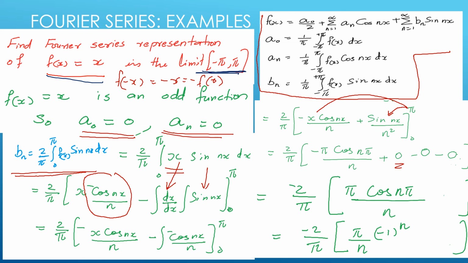Now substitute the lower limit. Let us substitute 0. When we give 0 for x, the first term becomes 0. The second time, sin n into 0, that is sin 0, comes. That is also 0. So all these terms are 0. Only one term remains: minus 2 by pi, pi cos n pi by n. Okay. Now